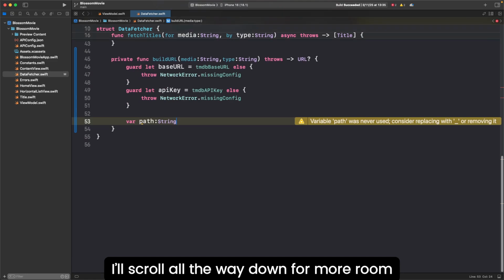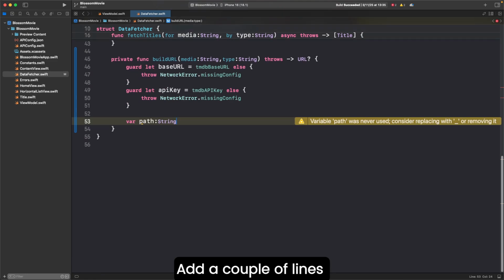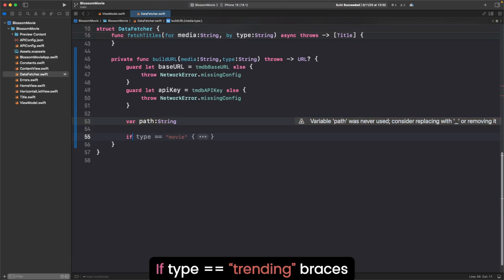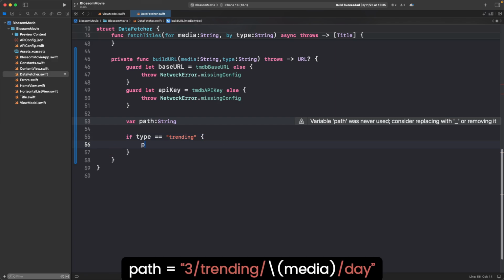I'll scroll all the way down for more room, add a couple lines, if type == "trending" { path = "3/trending/\(media)/day"